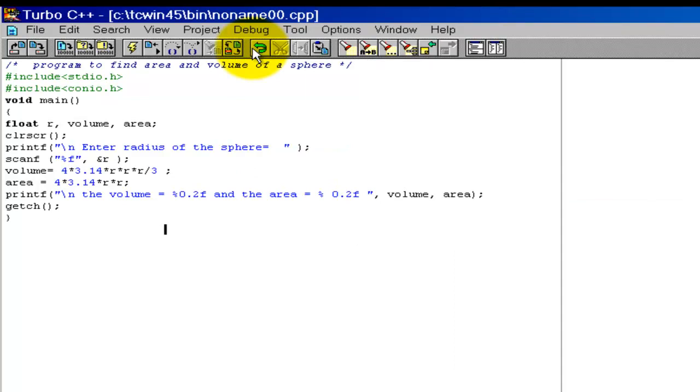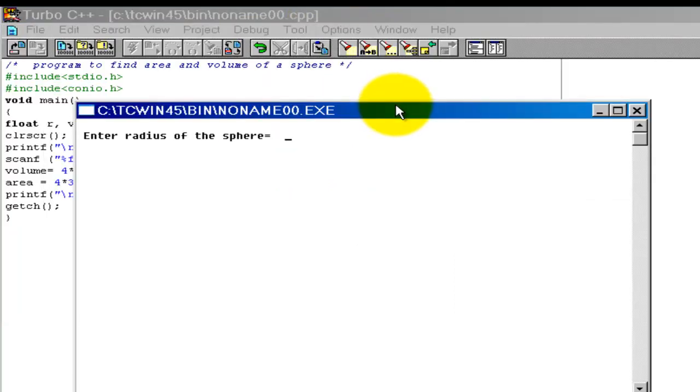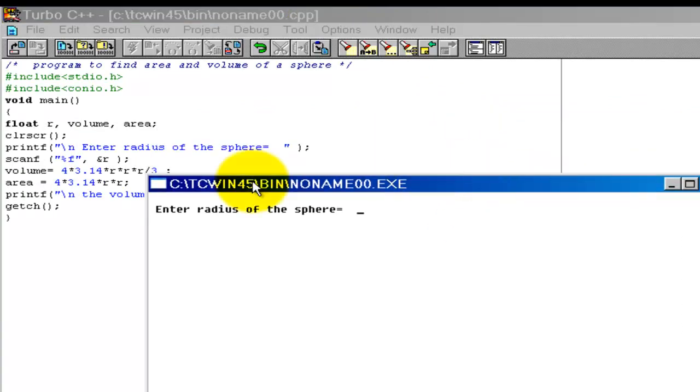Okay. Here in the printf statement we see the prompt: enter radius of the sphere, with scanf %f ampersand r. Now we enter the value of radius.